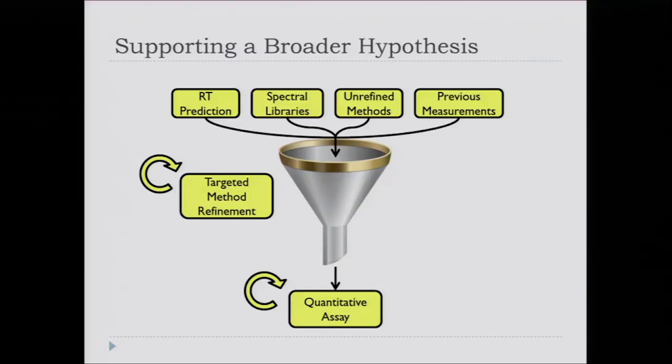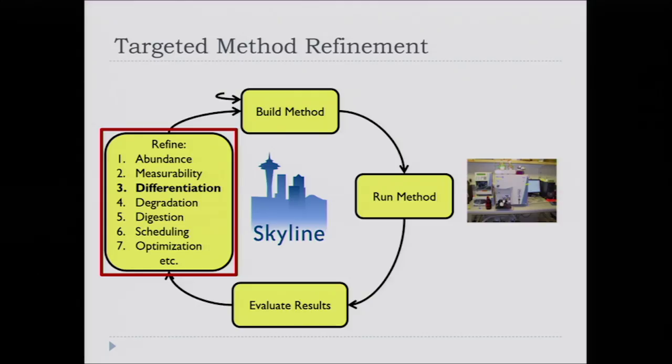And we take it into this targeted method refinement cycle, and the goal is to create a quantitative assay. And then this is the targeted method refinement cycle that we talked about before. There are a number of things that we can do each time we go around this cycle, and we're going to pick up on a data set where we actually did abundance and measurability refinement first. And so you're going to start with this pre-refined